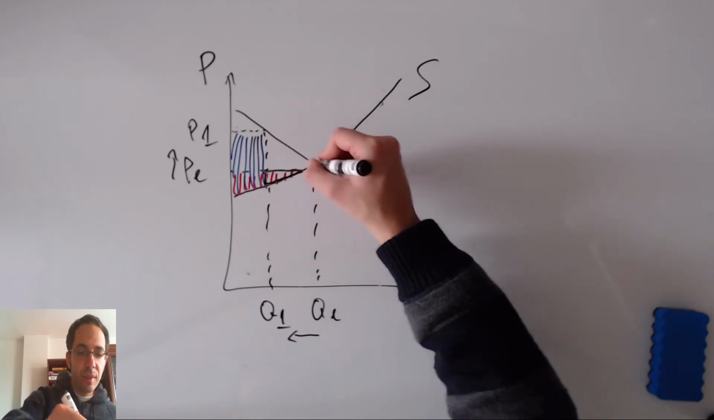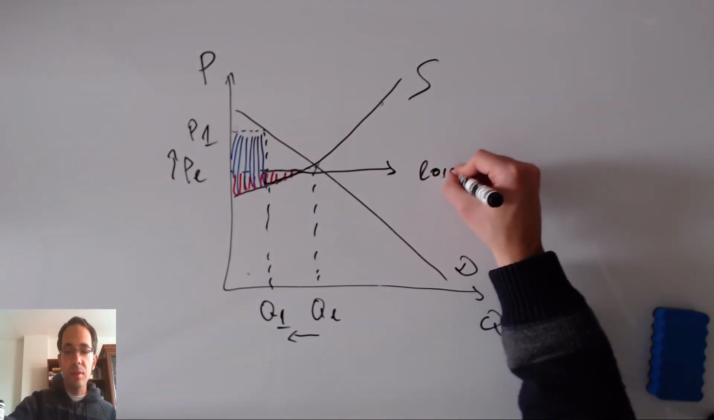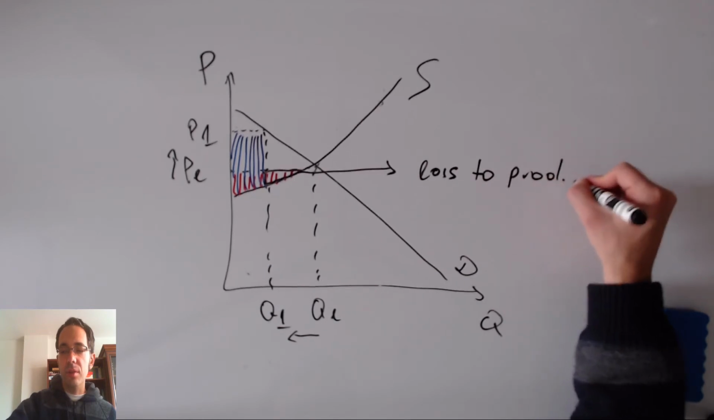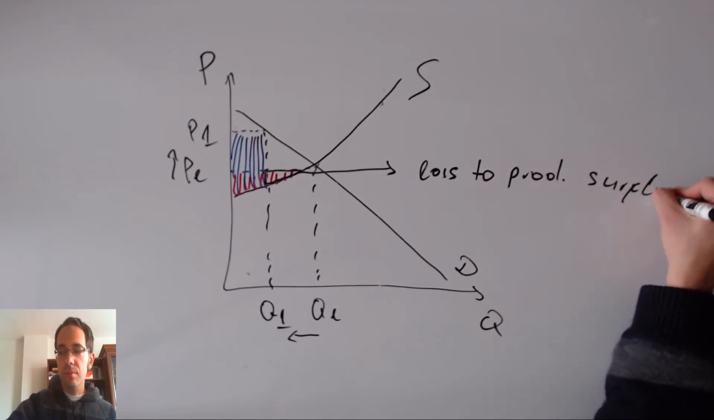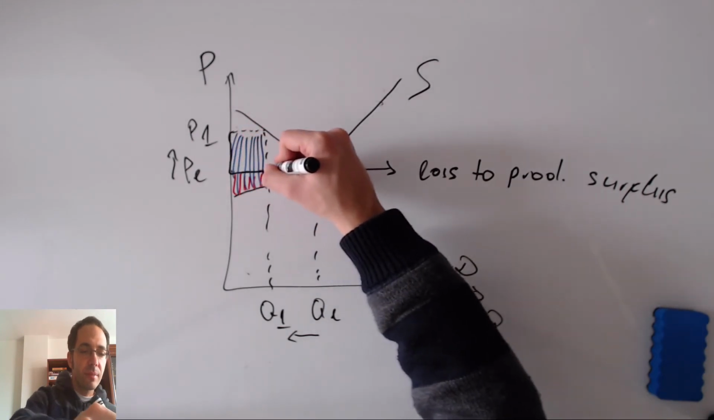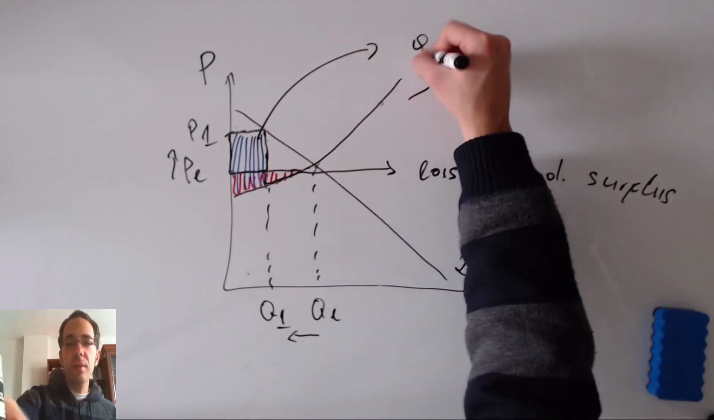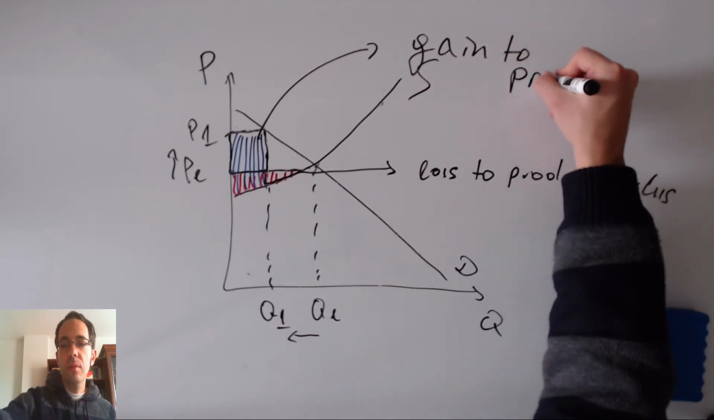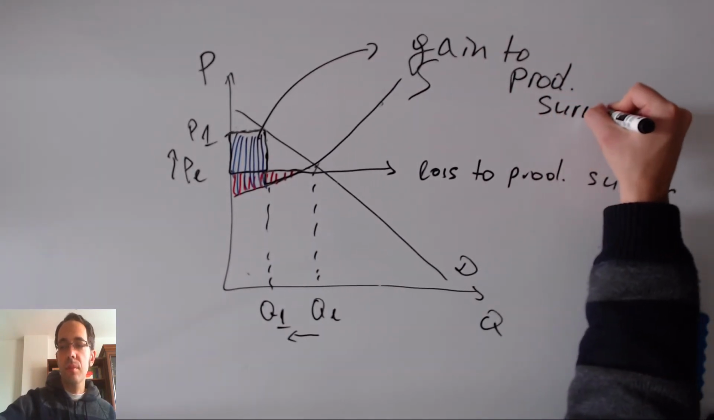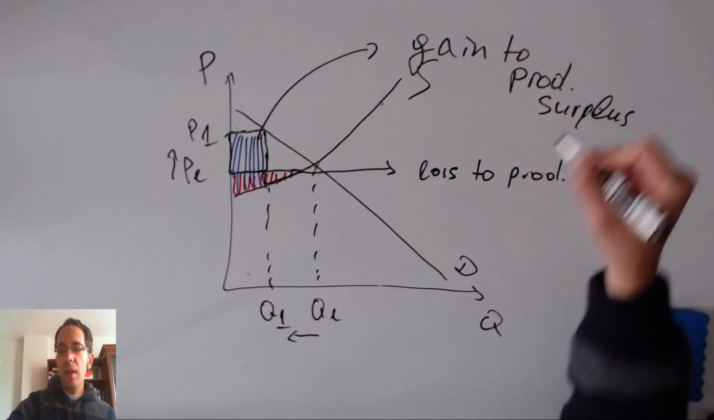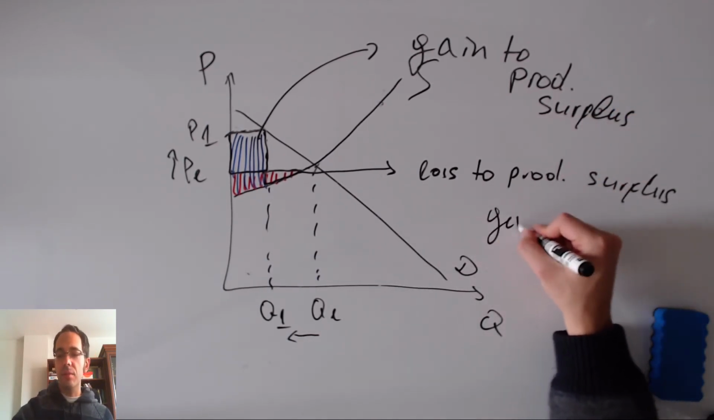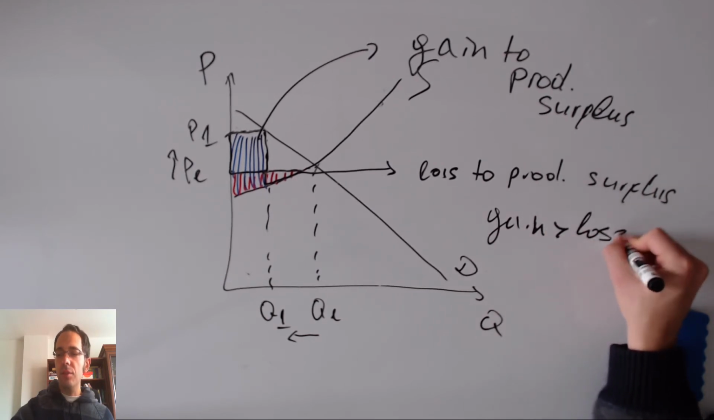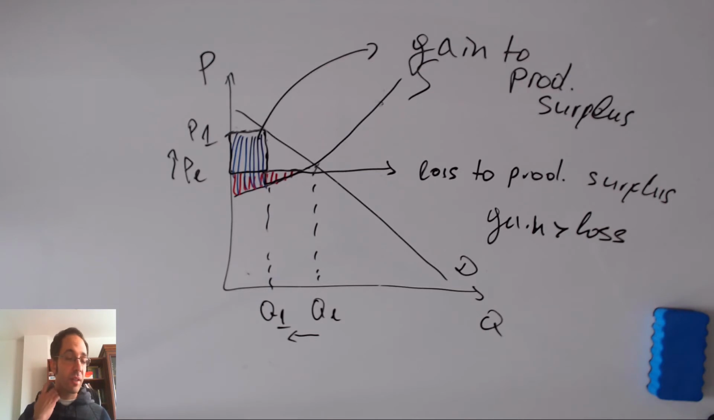This area here, this is loss to producer surplus. But this area here is the gain to producer surplus. And the gain is definitely bigger than the loss. This is usually why firms do that kind of thing. They increase the prices in order to benefit. They're exploiting the market. Now, in this situation, the firm is better off, but the consumers, on the other